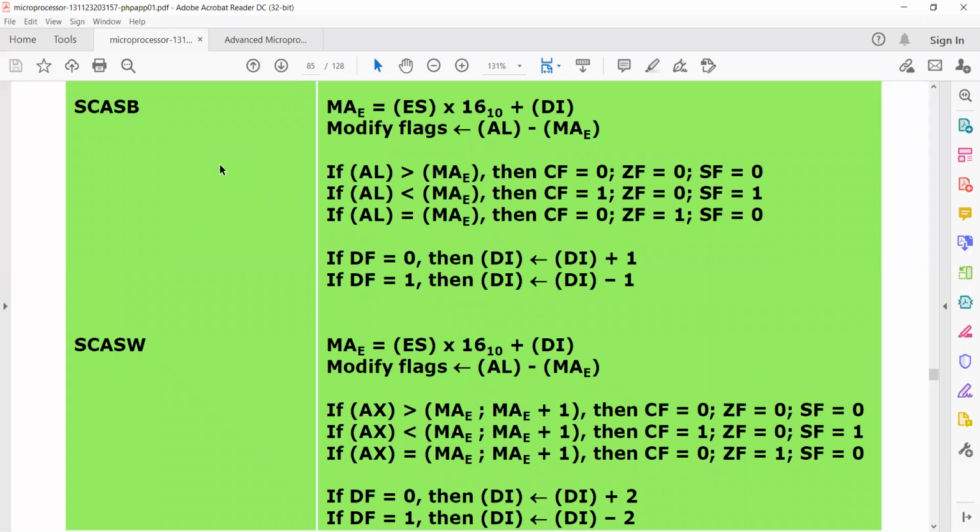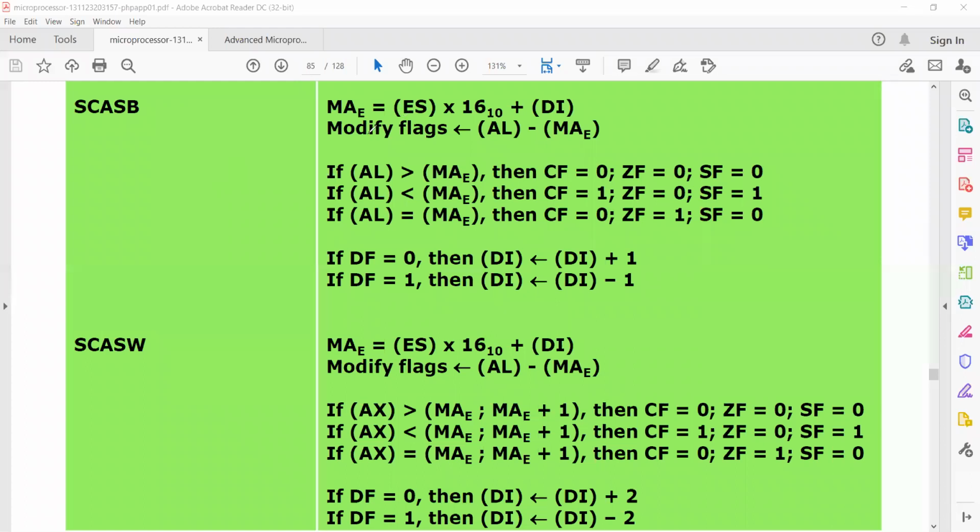This can be done in two ways: scan string byte or scan string word. The process is given here. Let us understand the process.